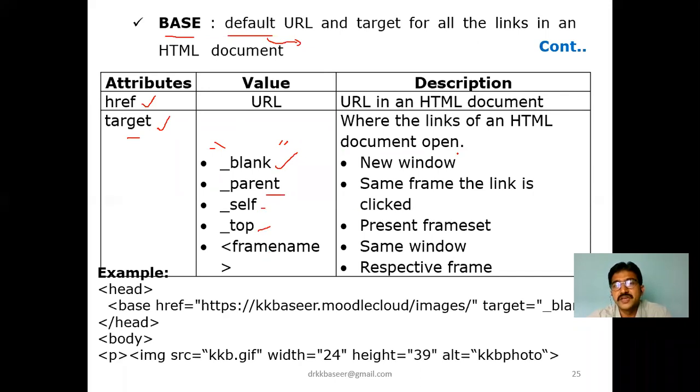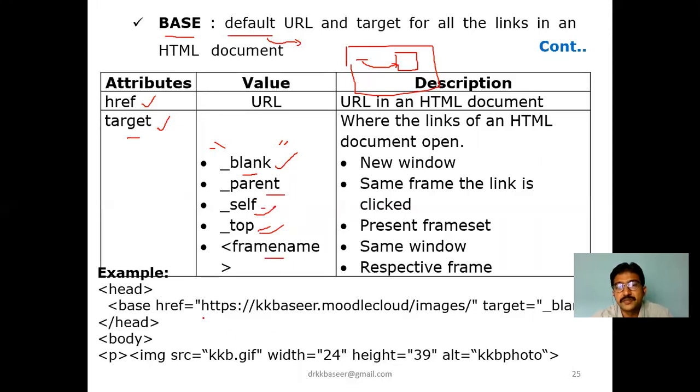If you say frame, consider this as one total web page. When you talk about the frame name, when I click something here, it has to display itself in this frame, in the same page, in some sort of space. This is called a frame. When you click on this particular link, it will display the respective navigation link in the same page, in one area. That area is called a frame. Like this, we can display this hyperlink in a separate blank page, or in the parent page, or in self, or in the top, or in the specified frame.